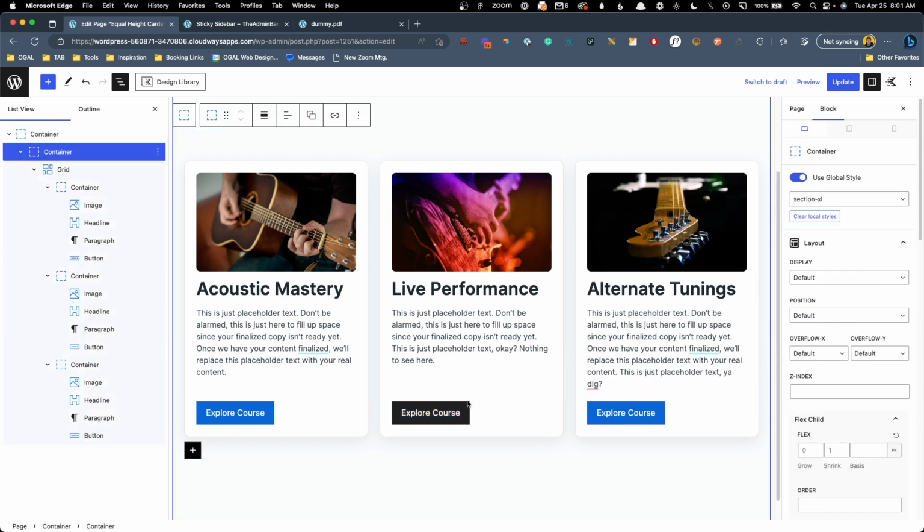And now, no matter how tall our cards get, this last item is going to be pushed all the way down to the bottom of the card. So you can use this on all kinds of different concepts. This is a pretty typical layout, but you'll see how you can just change things to flex, the flex direction to column, and then once you set that height to 100%, you have a lot more control over making things